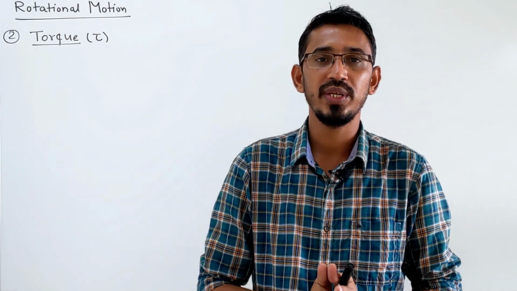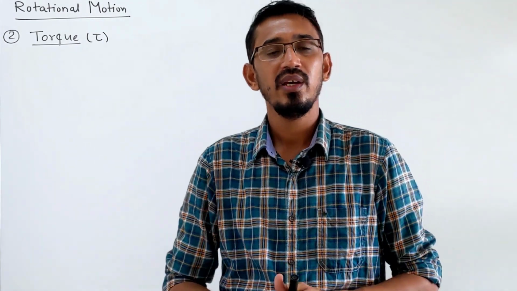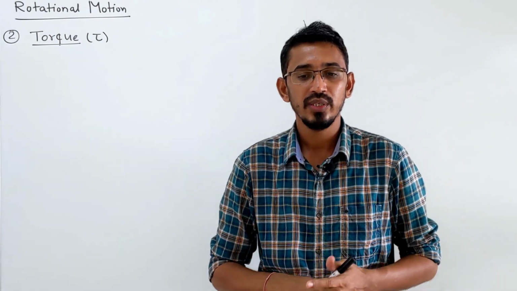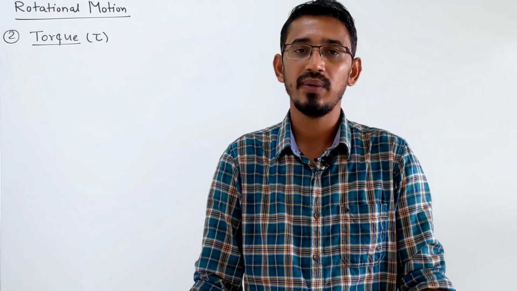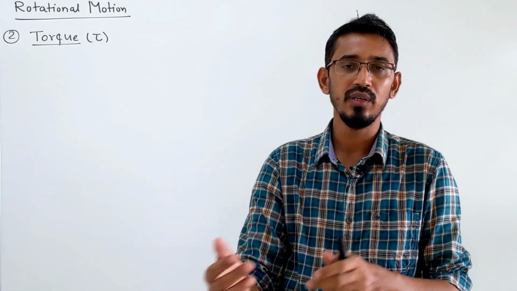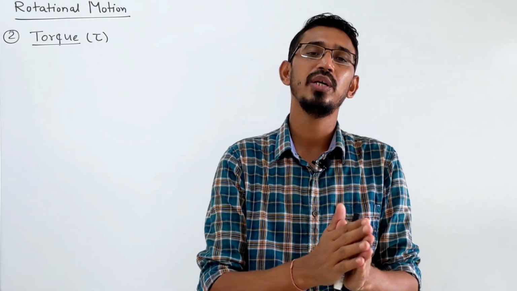Then we have done regular or symmetrical bodies. I gave examples like disc, ring and all these things. A combination of them will be given and we have to find the net inertia. For that we write two theorems, the parallel axis theorem and perpendicular axis theorem, right? After that we have done some questions based on cutting of a body, where some part of the body is cut and removed, and we have to find the inertia of the remaining part.